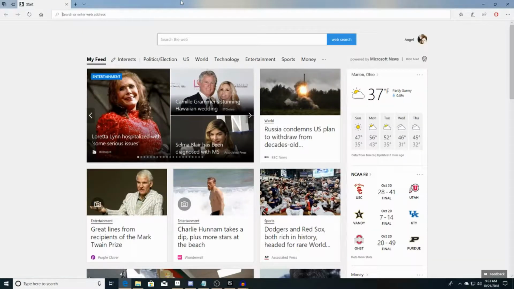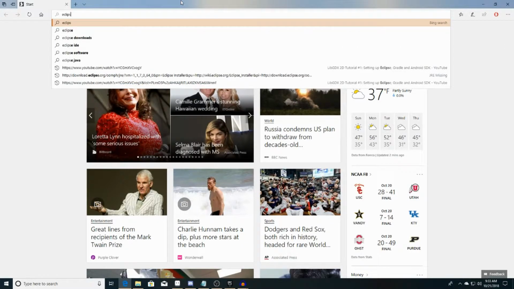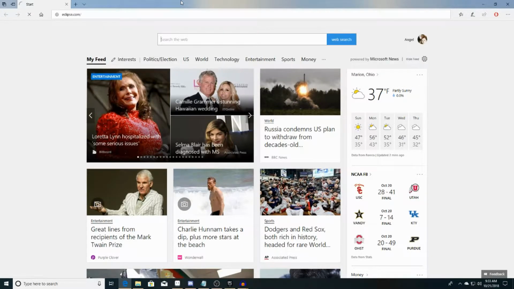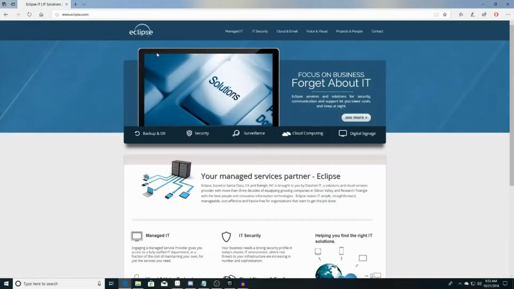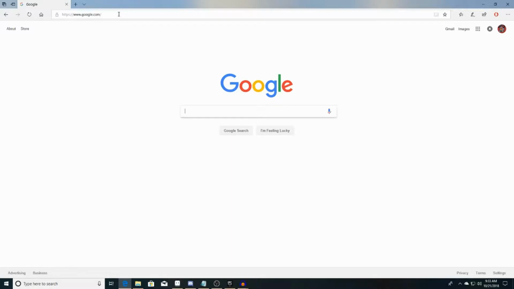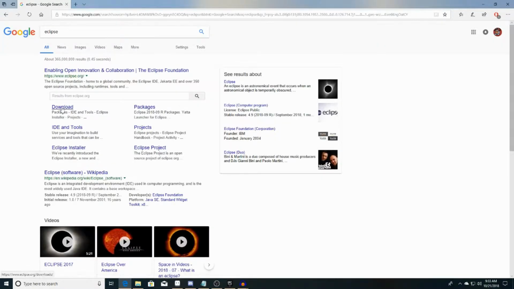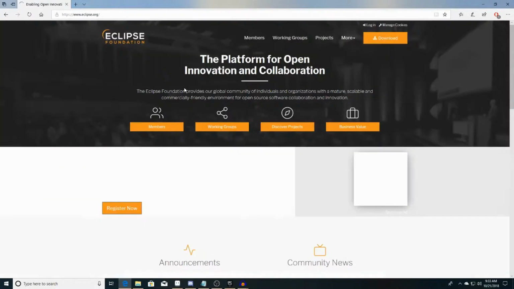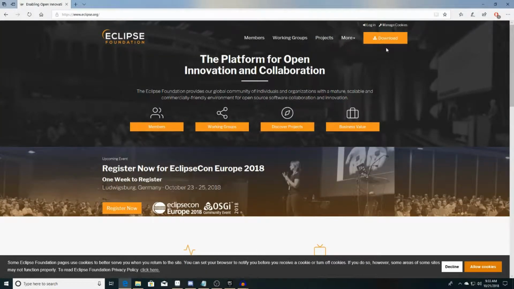So to start, click your browser that you use, and then we'll go to Eclipse. Just go ahead and go to Google, then search Eclipse. Okay, so here you see the Eclipse download IDE tools. So you just want to go to eclipse.org. That's what it is. Okay, here you can hit download,